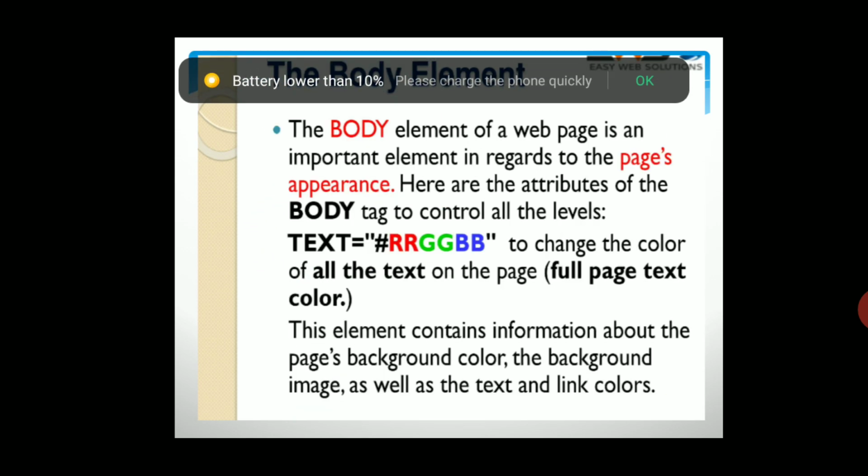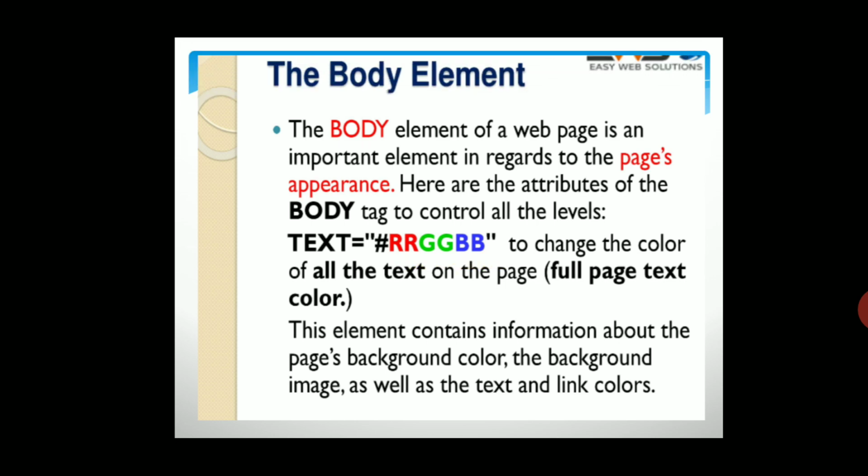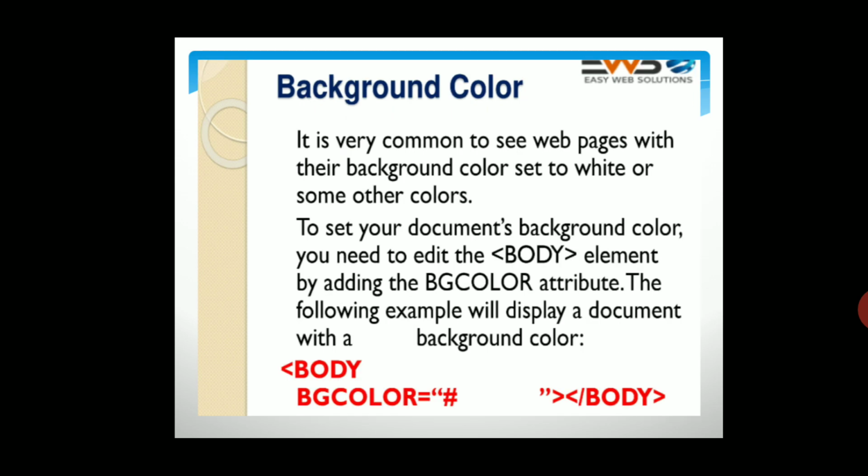And the value of this, RRGGBB, this is the value of the attribute. You can put here any color like blue, red, any color, not this RRGGBB. You can give any value, but always write it inside double quotes. Okay, if you do not write the value inside double quotes, you will not get the result. Okay, and now see how to write the body tag bgcolor. Means you can write it in the same line. BGcolor means background color.